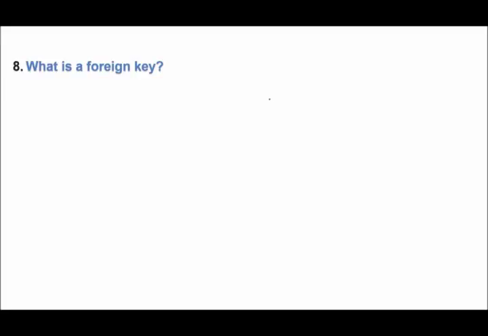What is a foreign key? If there are two tables, and one table has a primary key, and in the second table that column is also there, then in the second table we call it a foreign key, because the column which is the primary key of some other table is called a foreign key here.